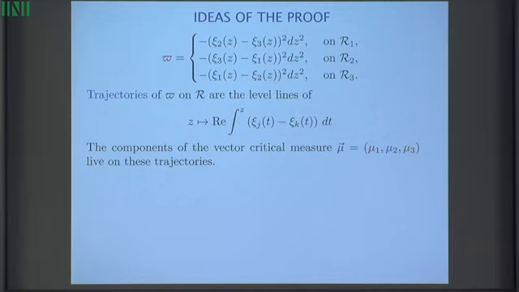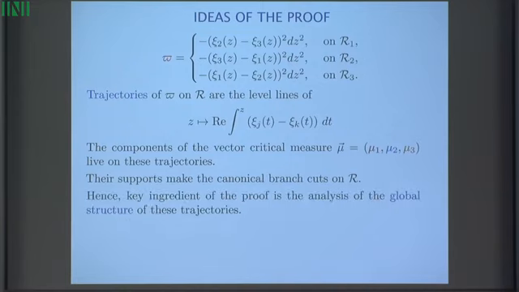It can be quite complicated geometry, but you can do stuff with that. Now, some of these trajectories, in fact, work as the perfect branch cuts. Remember, you have a Riemann surface. You can cut it in such a way that it's separated into sheets. They are structured in such a way that they make the perfect cuts. And the key ingredient of the whole analysis is just to study these trajectories.